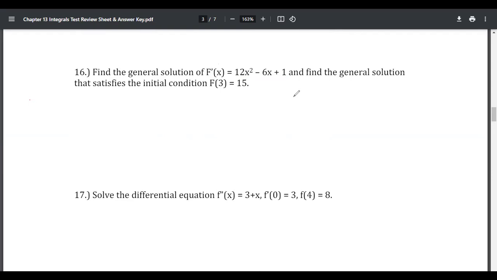It's 6x. So then that's going to equal 24 minus... All right. Sorry, where was I? Right. So then you do the integral of that, and then you get 12x cubed over 3, and that simplifies to 4x cubed, minus 6x squared over 2, which simplifies to negative 3x squared plus c. Yeah, that's the first part. And then the second part,